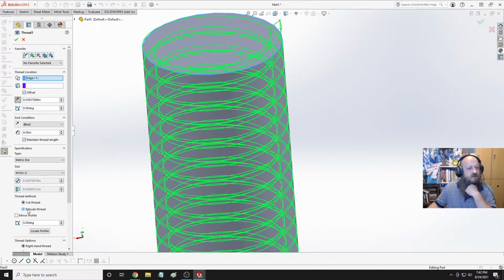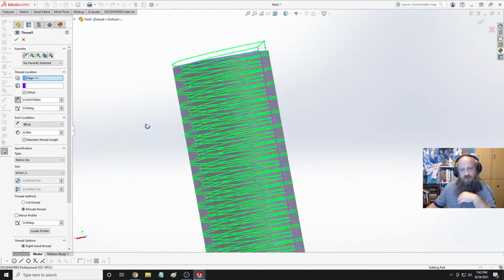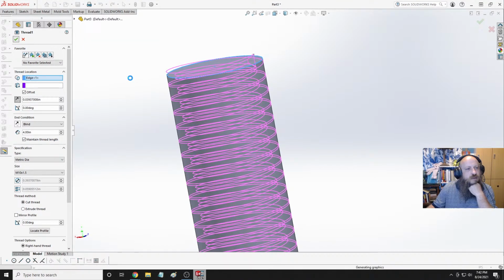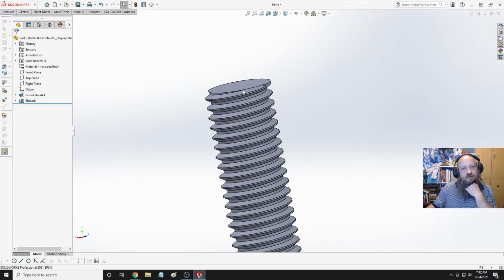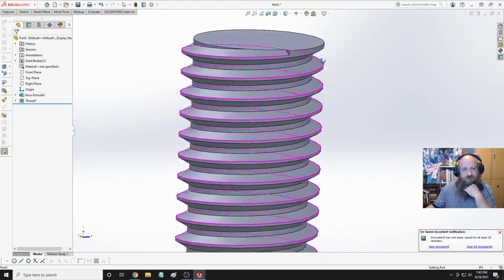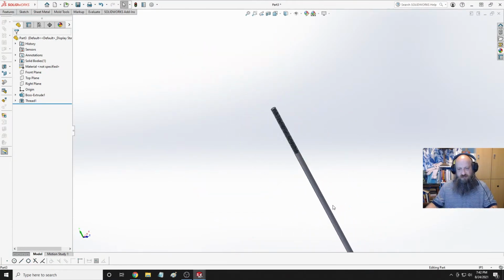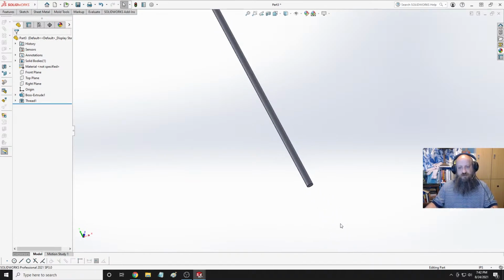Now, if I do extruded thread, what does that look like? I don't know. Yeah, okay. So it is a cut thread. Is it freaking out on me again? Okay. There we go. It's funky, but whatever. It's just for show. Alright, now...